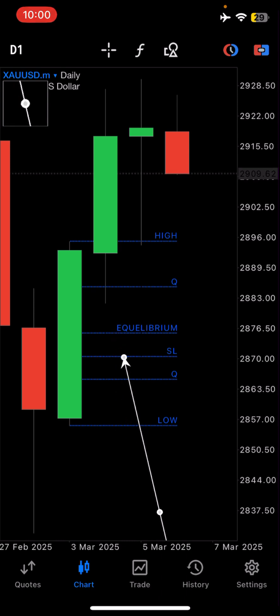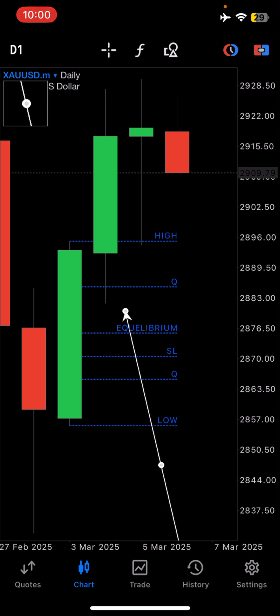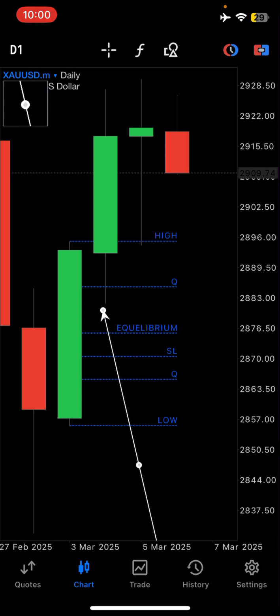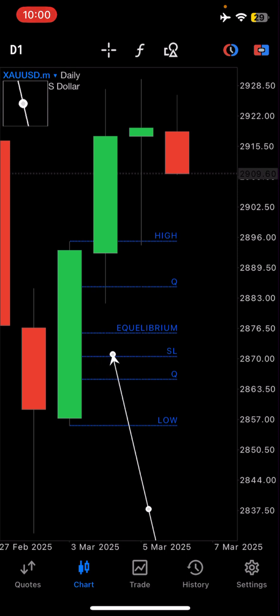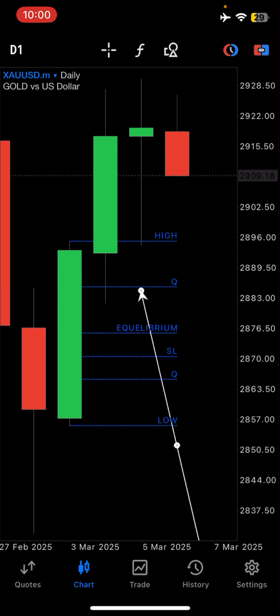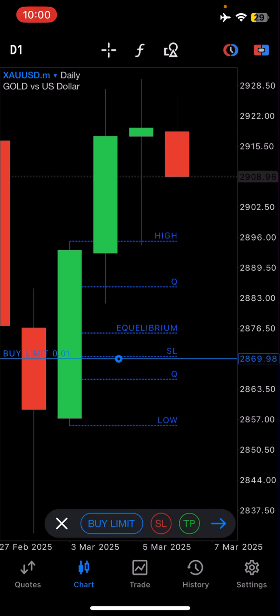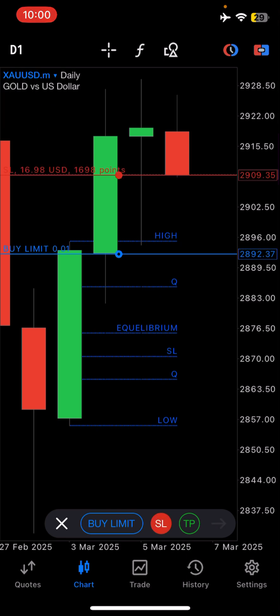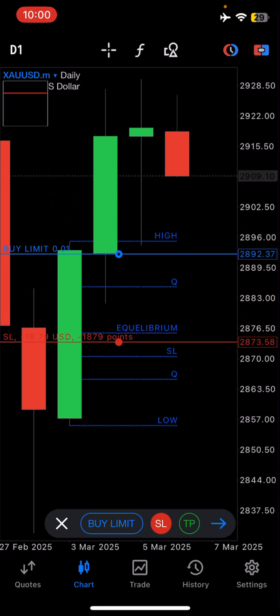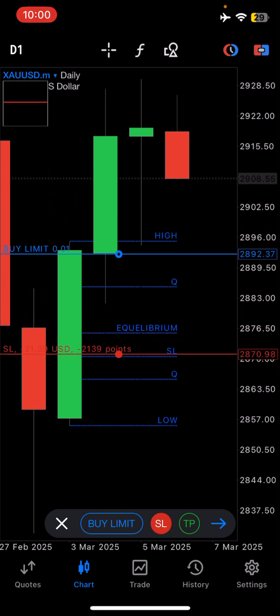That's where I usually put my stop loss if I'm following the higher time frame, because if the higher time frame retraces all this way, I am sure that it's not going to go that low and then rip back up. It can sometimes, but most of the time it doesn't. So I just like doing this. I buy here, put my stop loss right there.